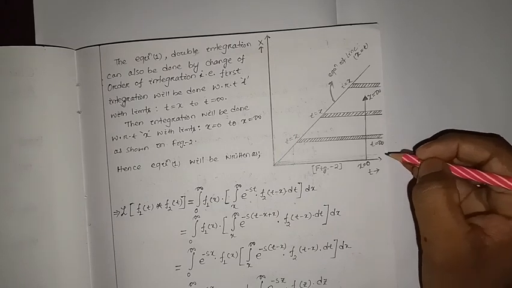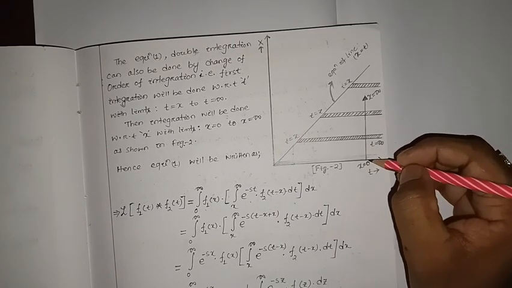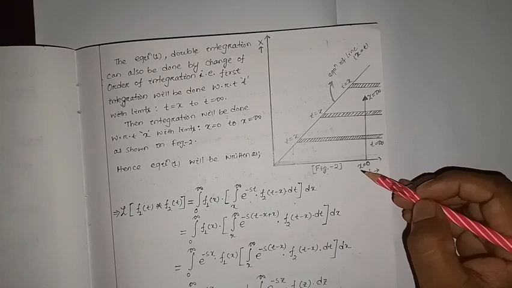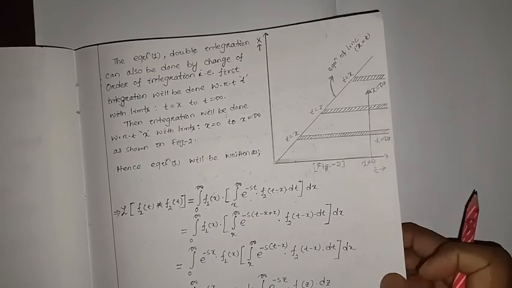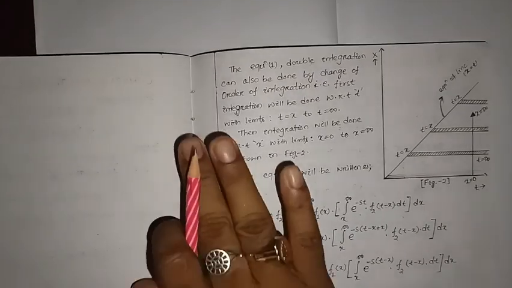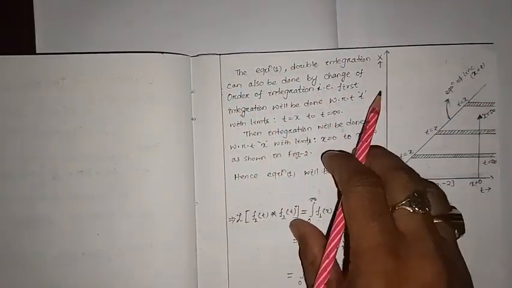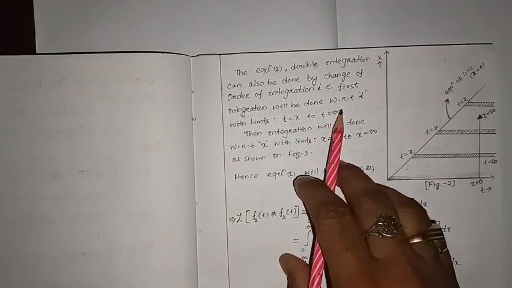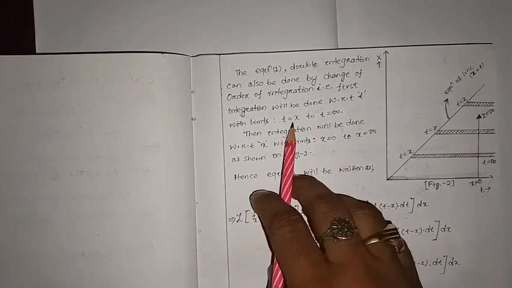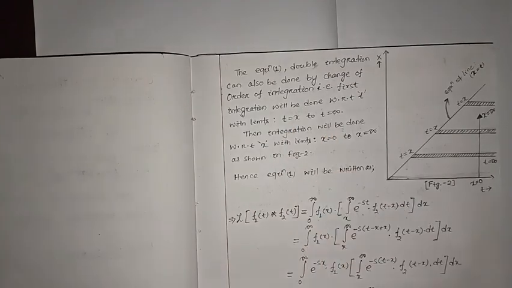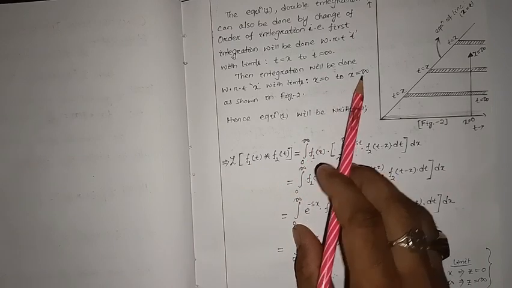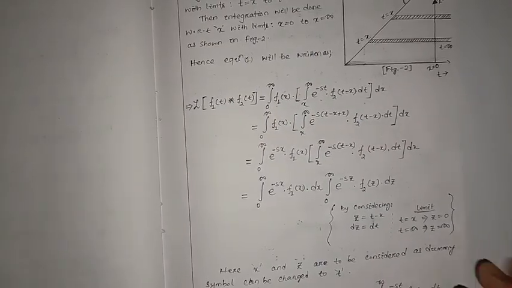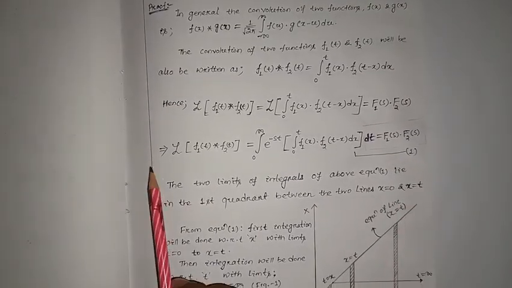So at the end, if I consider the x variation, it will be x equal to 0 to x equal to infinite. In this way we changed the order of integration. First we consider the integration with respect to t, which varies from t equal to x to t equal to infinite, then with respect to x, where x varies from 0 to infinite, as shown in the figure I explained. Now equation number 1 can be written as